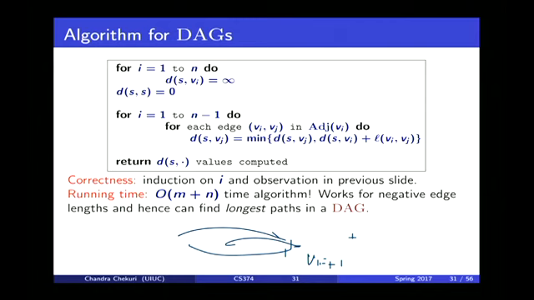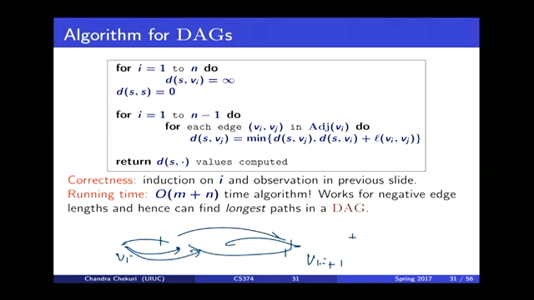What this is doing is that once I find the shortest path to Vi, I'm updating all the shortest paths to the guys who come after him. I'm sorry, this algorithmic description is different from what I gave here, but the idea is that when I'm